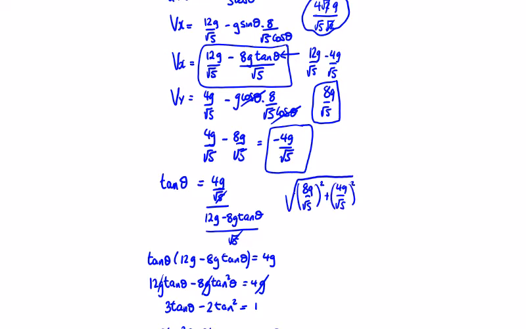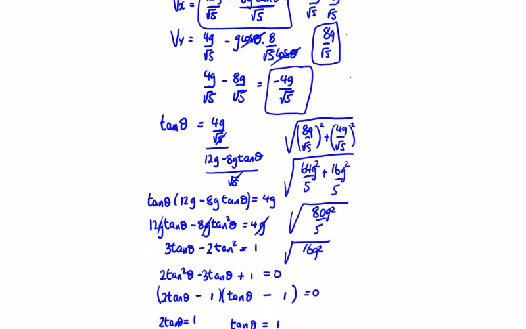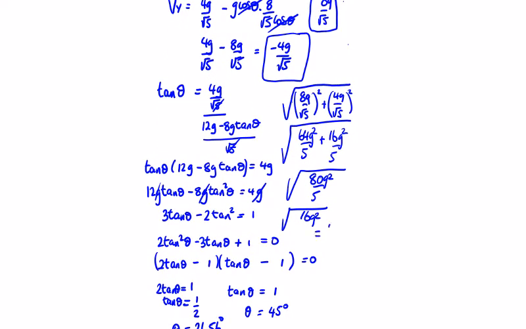It's going to give 64g squared over 5 plus 16g squared over 5, which is equal to the square root of 80g squared over 5, which is the square root of 16g squared. The square root of 16g squared is just 4g. So this is the speed